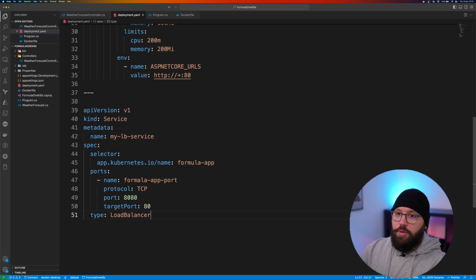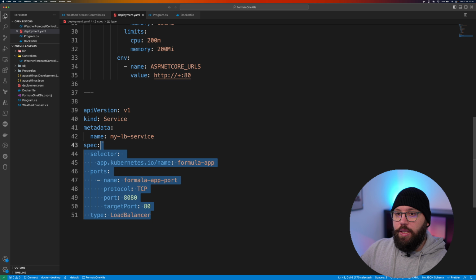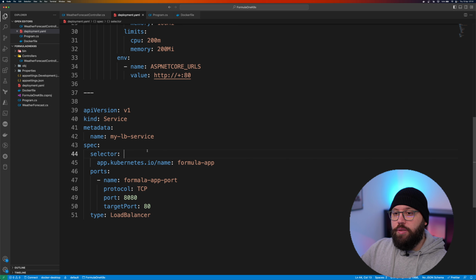As simple as that. So now what I did here, I just created a load balancer. And with this load balancer, I'm making sure that it matches the deployment that I had before. And I'm specifying the ports for this load balancer, where it needs to take the request and forward it to. As simple as that. Now if I go back to my terminal,